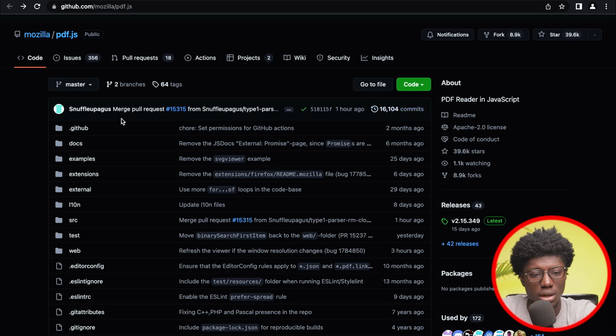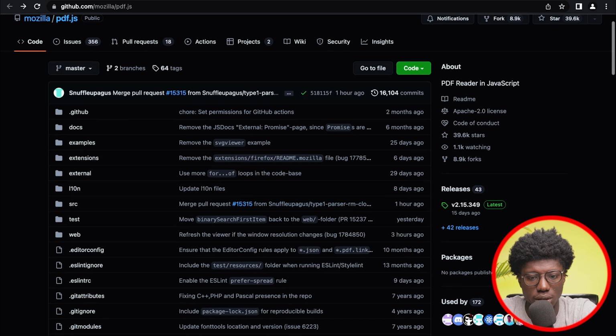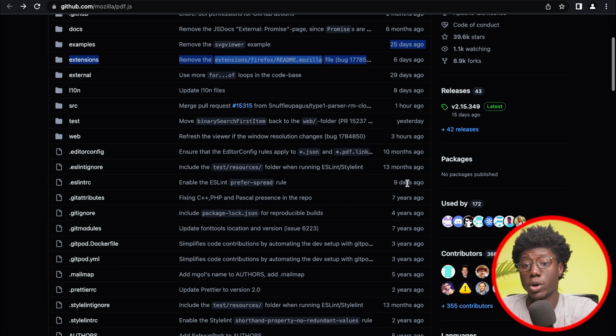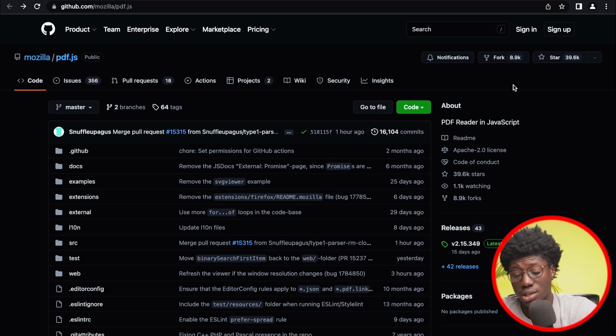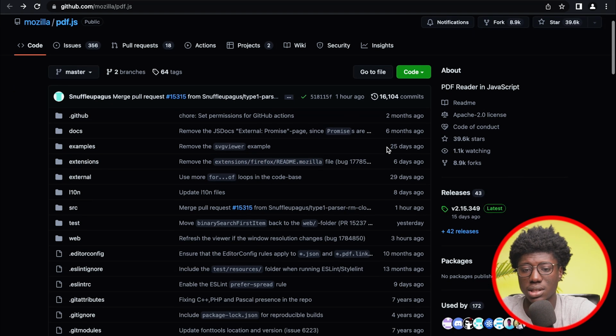You can see on this repository as a whole, we have 16,000 commits in total. You can see the last commit was done 25 days ago. Git is way more complex than this. You don't need to know too much. You can do the research on your own later, but you can just see the time the last commit to